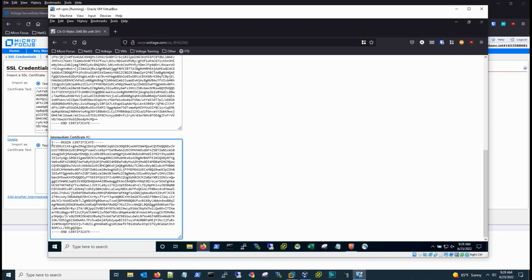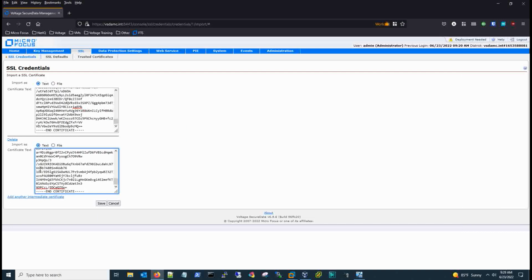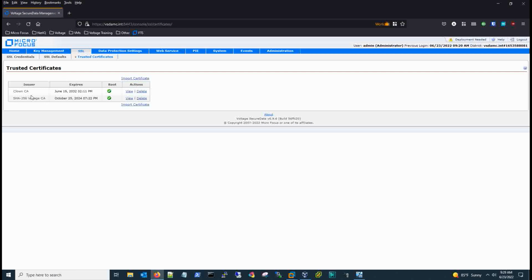So we're going to copy and paste the certificate, and paste it as well. Now we're going to click Save, and as you see here, it shows that everything is valid. However, the reason why it shows that it's valid is because we already have the root certificate here for this certificate. Now normally if this wasn't here,